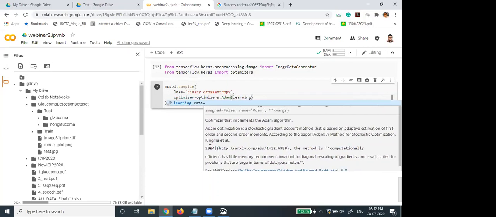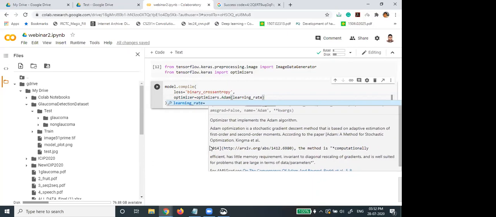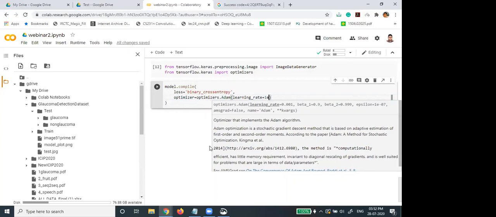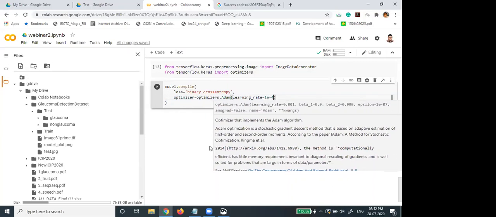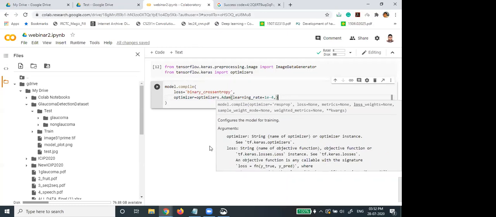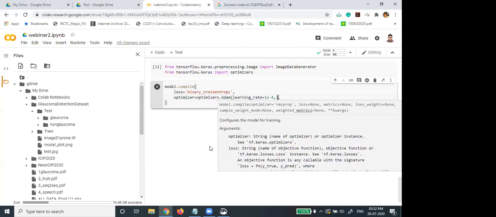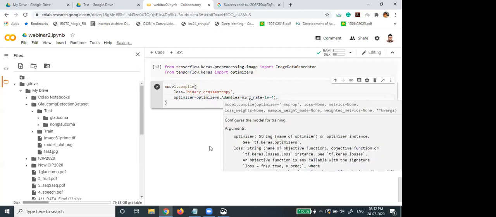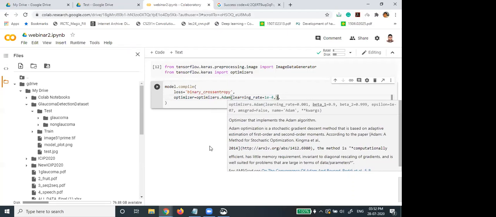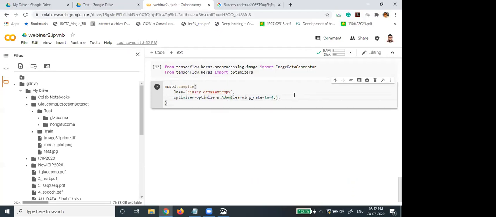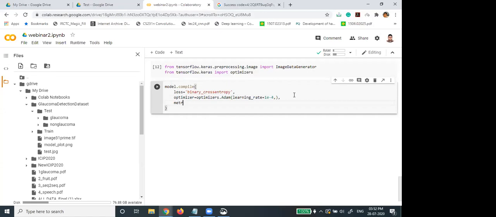We have to define the learning rate. Learning rate I am taking 10 to the power minus 4, so it is written as 1e minus 4. And metrics I am taking as accuracy.